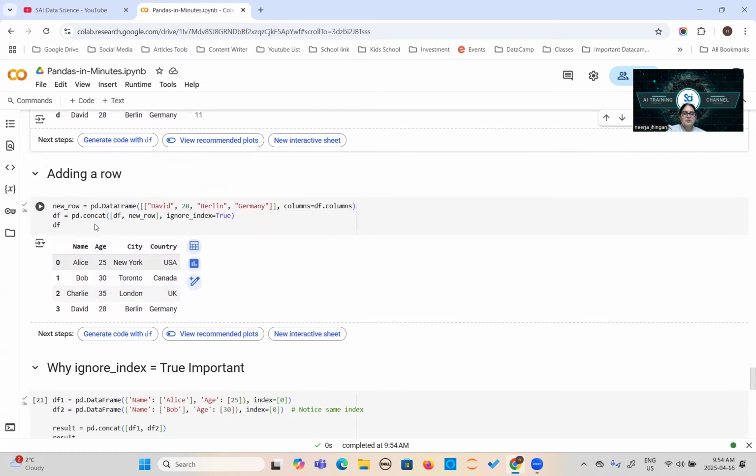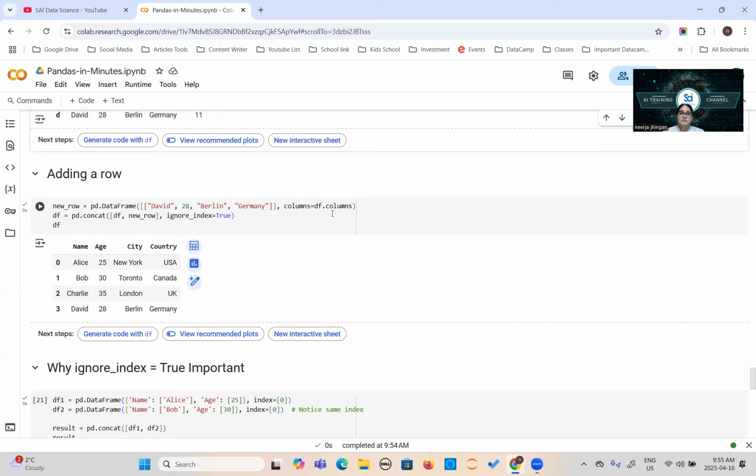And then adding a row. You know how to add the column now, but how would you add the row? You will say new_row = pd.DataFrame. This is the row, so you will look at this. I am using the double square brackets here. And then columns equal to df.columns. So mind it, whenever you want to add a new row, you need to create in a data frame the one row with the double brackets.